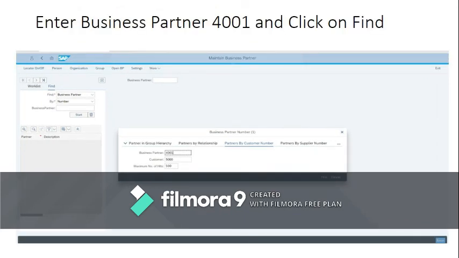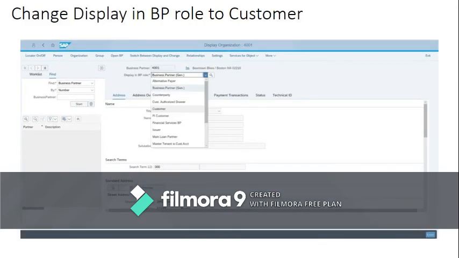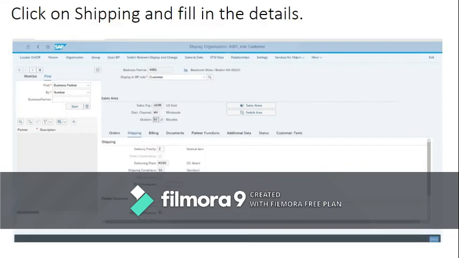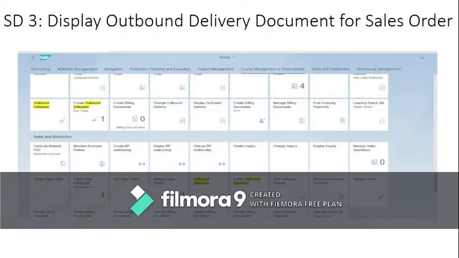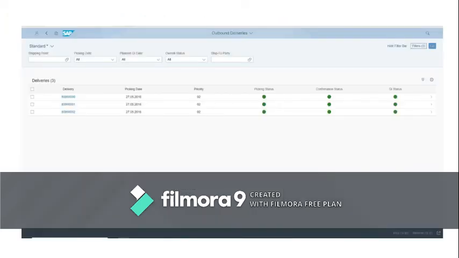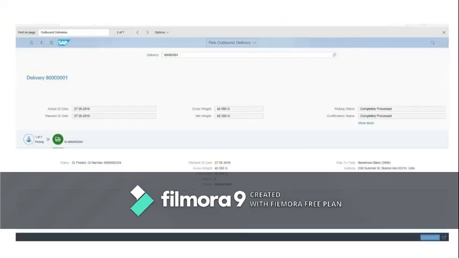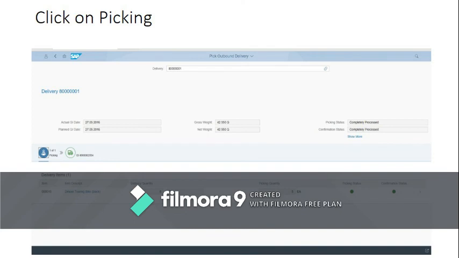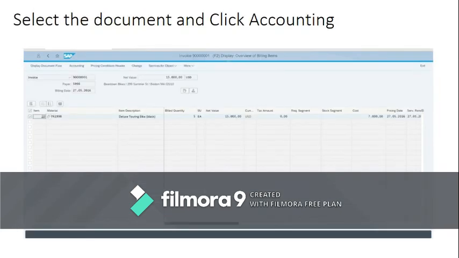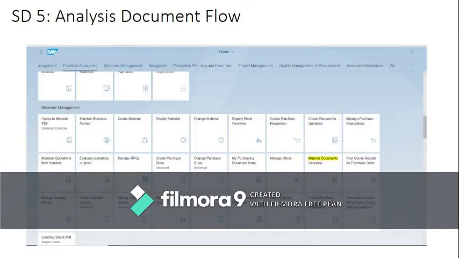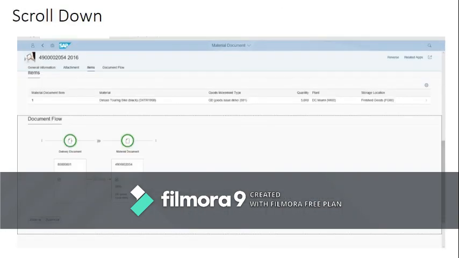And then afterwards I followed the different steps, as you can see in the different pictures: shipping and fill, display customer order, double click on the order, display outbound delivery, filters, change overall, and other steps. I just followed all these steps which were mentioned in the lab task. You can see all the steps I have done successfully.